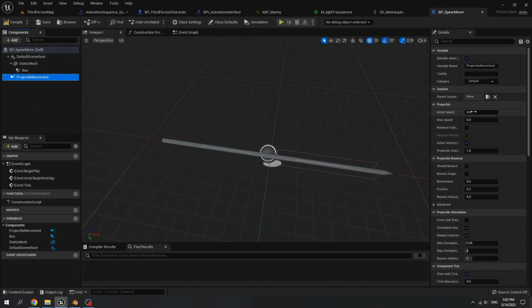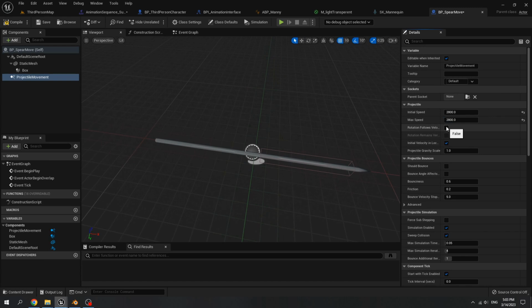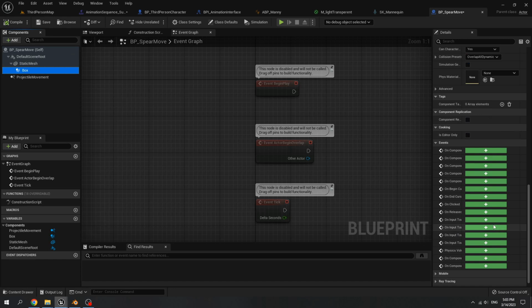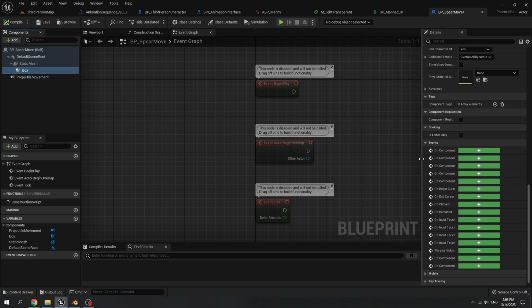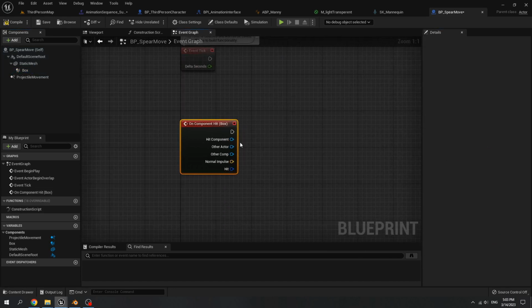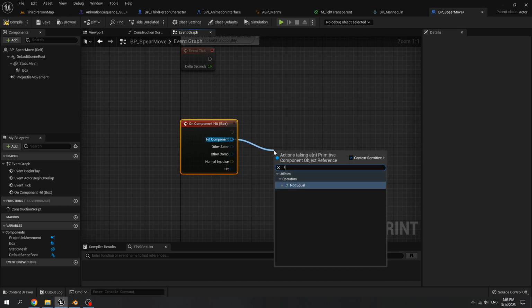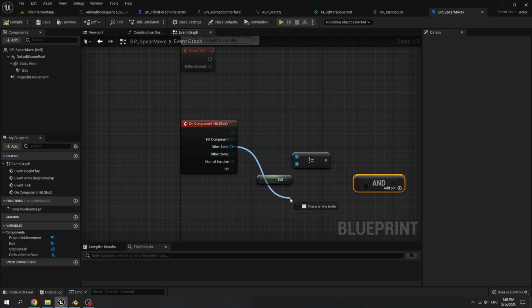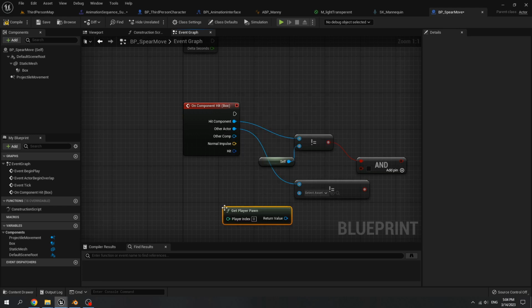Click on default scene root, search for projectile movement, add it, set the initial speed to 2800 and max speed 2800. Tick on rotation follow velocity. Select box collision, scroll down and on component hit, select add. For hit component is not equal to safe and the actor collision is not equal to player pawn.